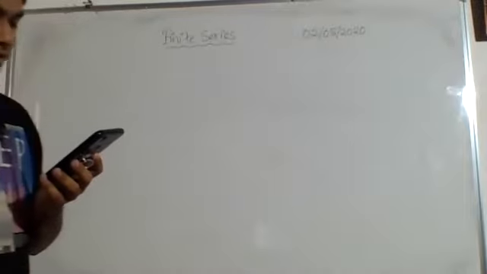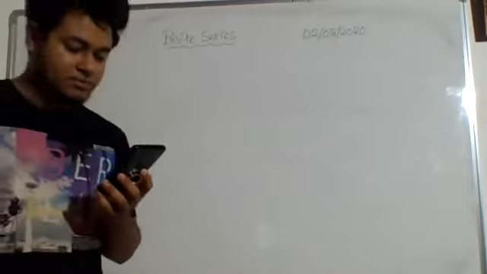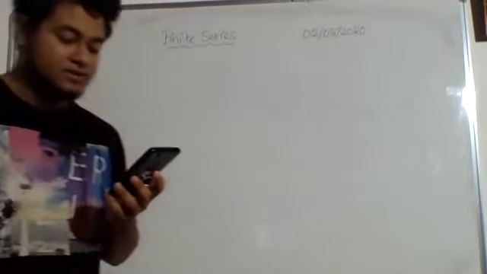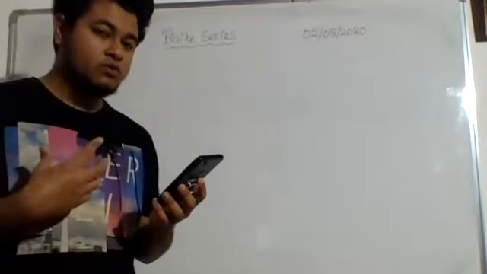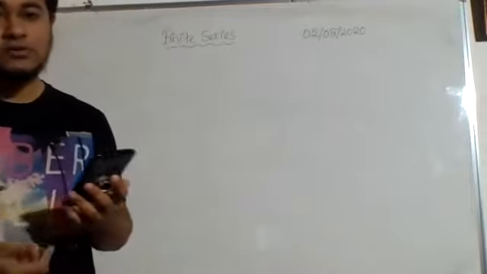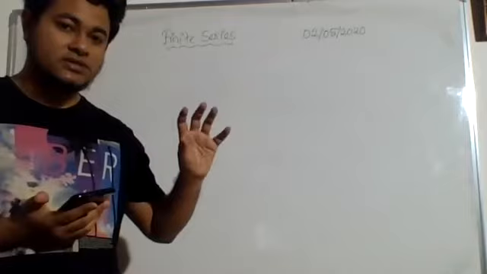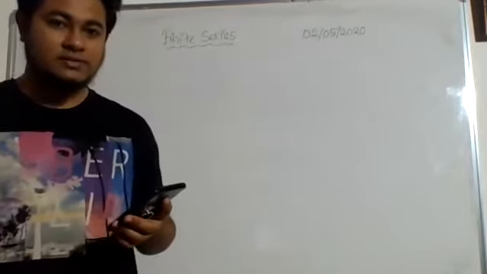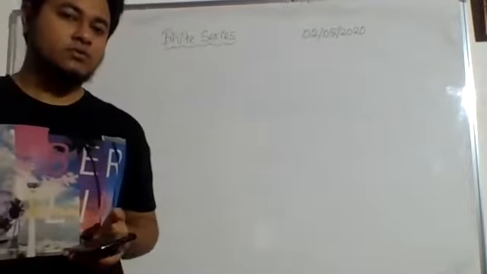And then let us see number 22. Show that 1 plus 3 plus 5 plus 7. You see here we have one series on the left hand side, another series on the right hand side. So if I want to show that both of them are equal to each other, what I need to do is find the summation of the series on the left hand side, and find the summation of the series on the right hand side. If both of the summations are equal, I can say that both of the series are equal. Correct?